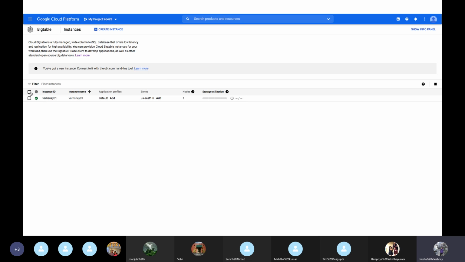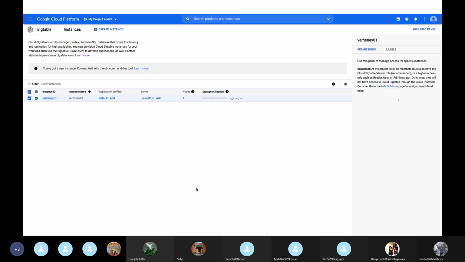I have to select this instance, then the info panel, labels, add. I can give it a key and value pair, which can help me in filtering when I have multiple instances. So let's say key: purpose, value: demonstration.